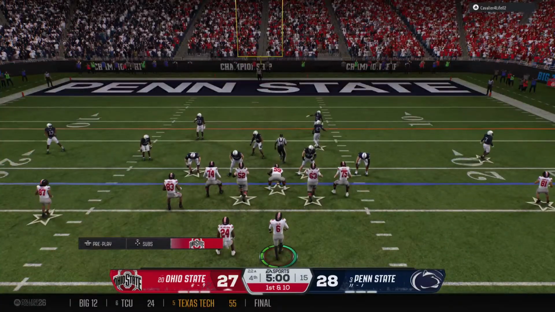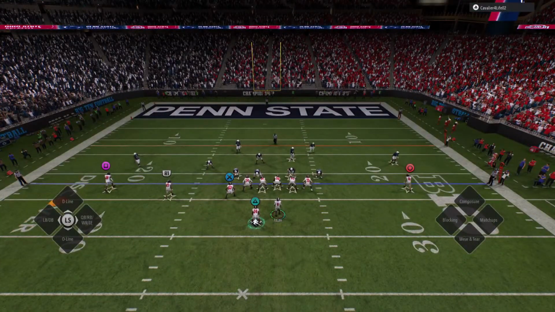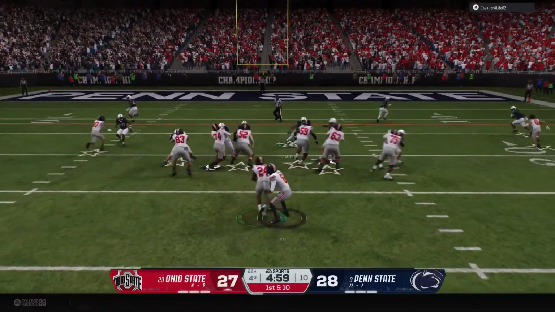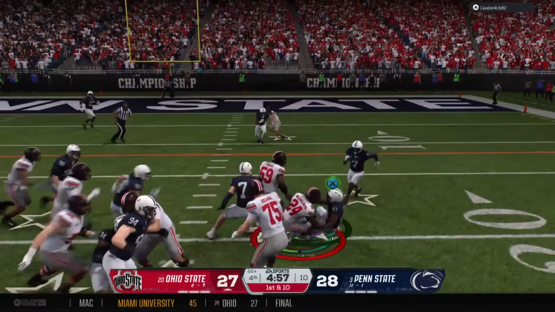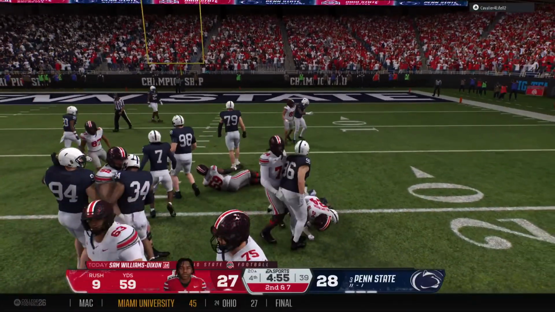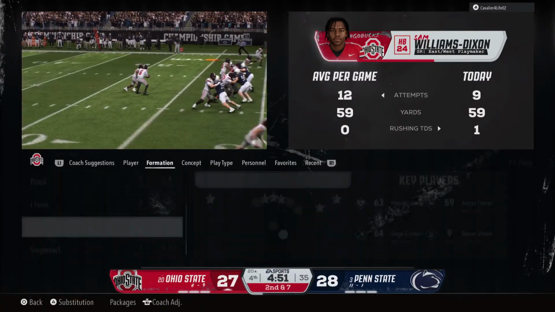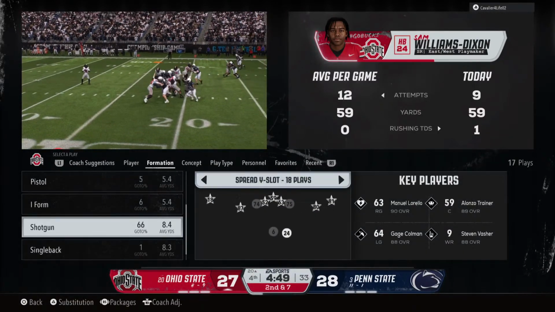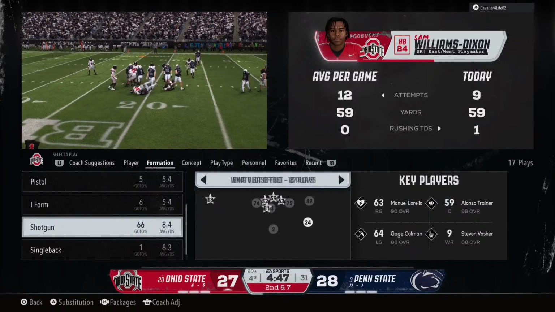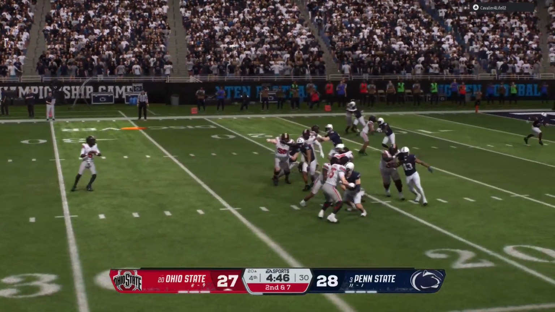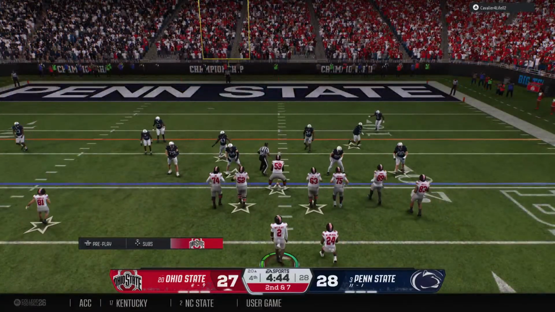So here we go. First play of the quarter. The offense has a 1st down. They'll hand it off. Minimal gain, brought down short of the marker. See, that's how you limit what an offense wants to do. This time, the defense just won the battle up front at the line of scrimmage, not giving up any big plays. Everybody's gap sound, and it's really solid defense on that play.